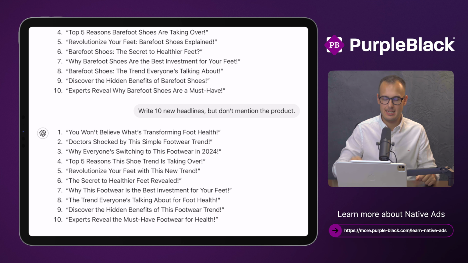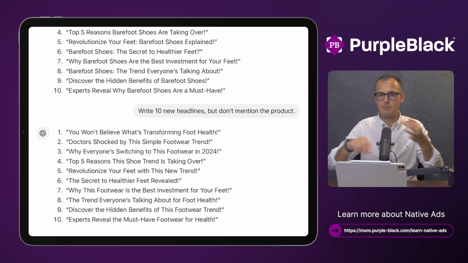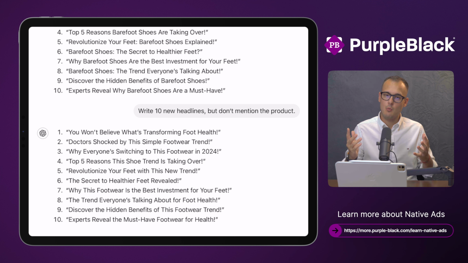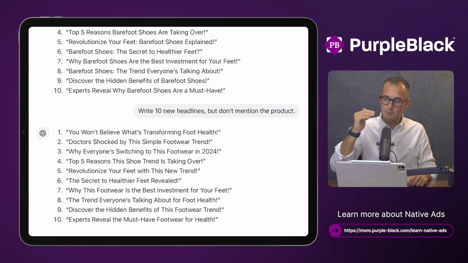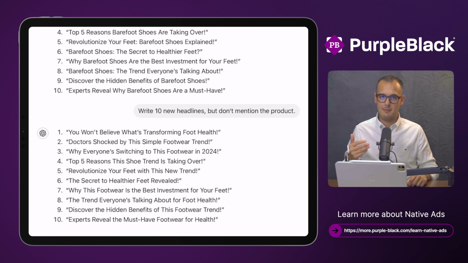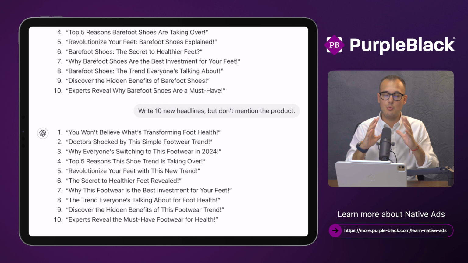What I mean by this is, of course, we can mention here the healthier feet, but who cares about the feet? The minority of people, they have problems with their feet. But the majority of people, they have problems with their back, with their spine, with, I don't know, with something else, which is also causing, for example, a wrong posture or a wrong shoe wear. So imagine now that you play this game further. Like, okay, but now mention it, for example, with my approach, which I want to use, which is back pain. And this is then how you set up and how you can come closer and closer.